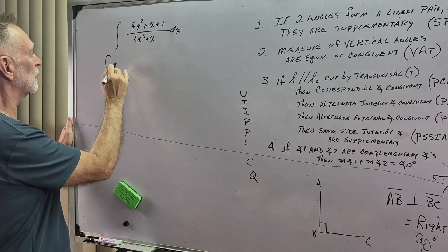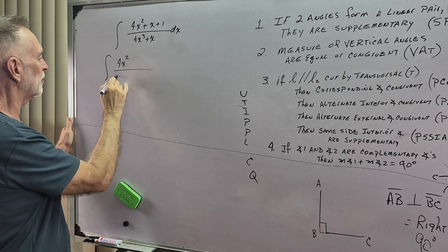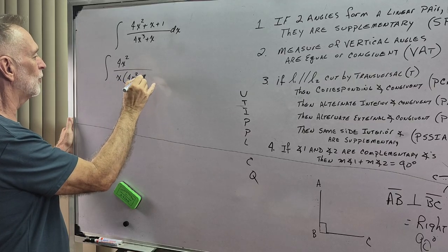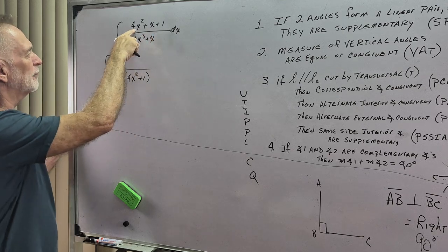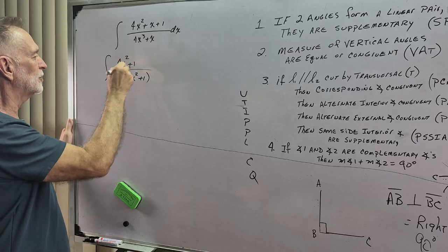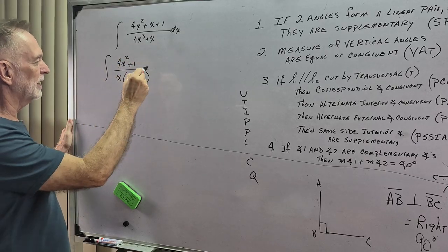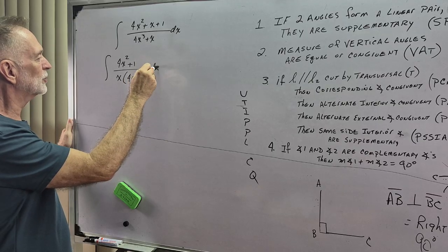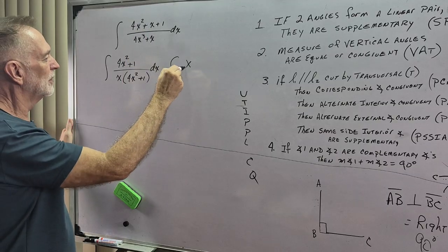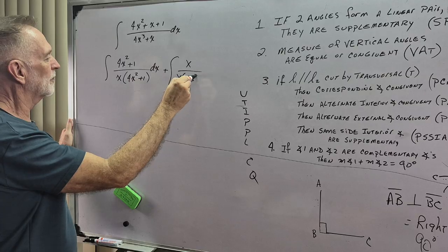Okay, so I factored the denominator. Let me factor the denominator first. Factor the x out. I end up with 4x² + 1. Well, I have a 4x² and a 1 up here, so I rearrange those like that. Now, I'm just going to integrate that plus the integral of x over x(4x² + 1)